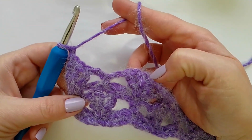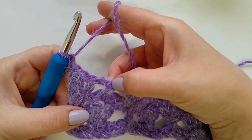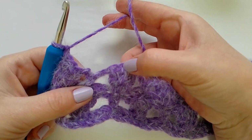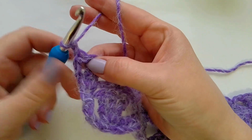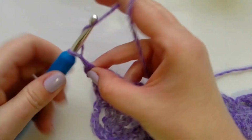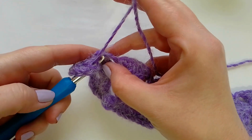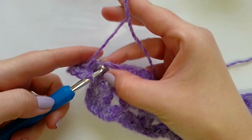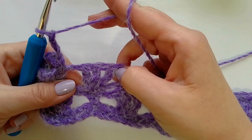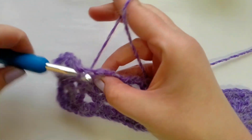We will be repeating row 3, so we will make single crochet, chain 3, single crochet, chain 3, and single crochet in that second treble. So in the same chain here, single crochet, chain 3, skip over, single crochet into your first single crochet, chain 3, skip over till your second treble, single crochet in the top of that second treble,